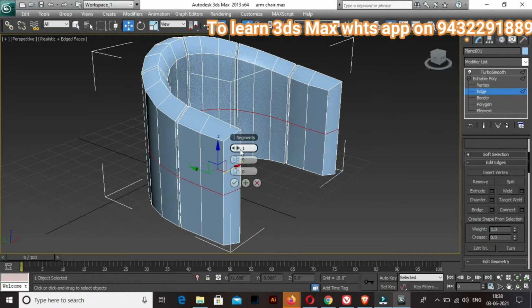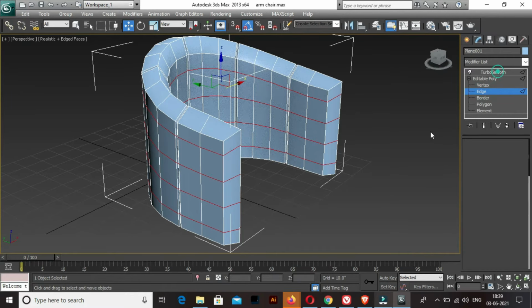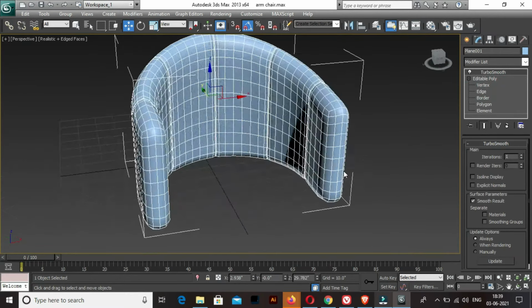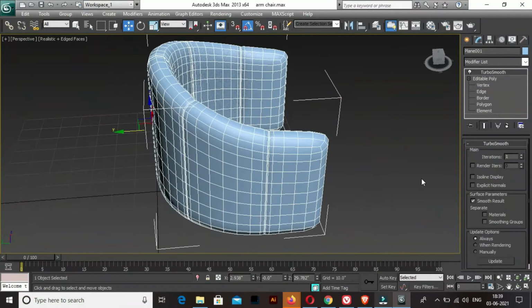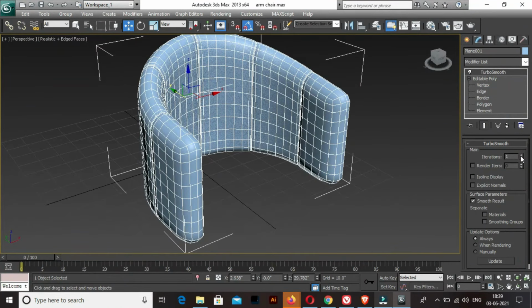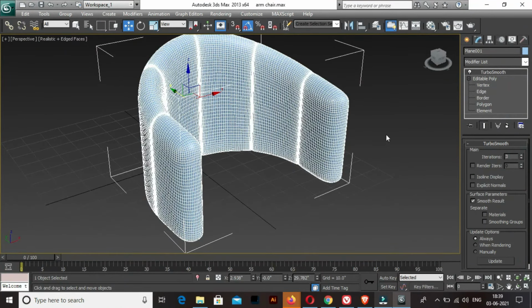So maybe 4 segments, and I'm just increasing the spacing between these segments so that it gets distributed evenly. And now go for turbo smooth. Yeah, so now it has a much nicer look. You can increase the number of iterations. I'm just making it 3.